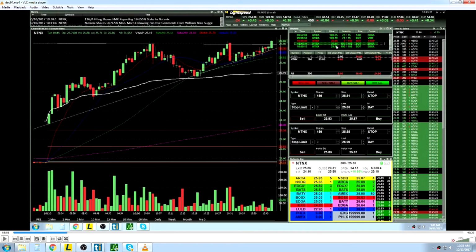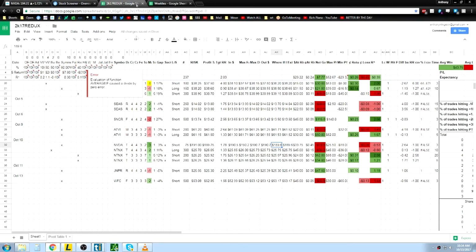Next we're looking at NTNX. I longed it here, I longed it on a bull flag, so risking 15 cents to try and make